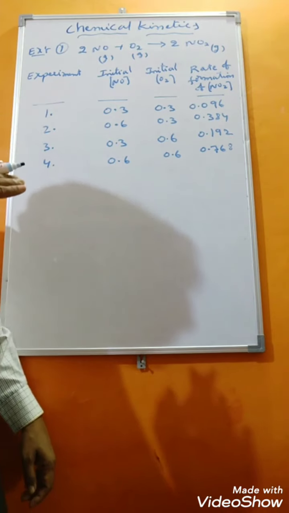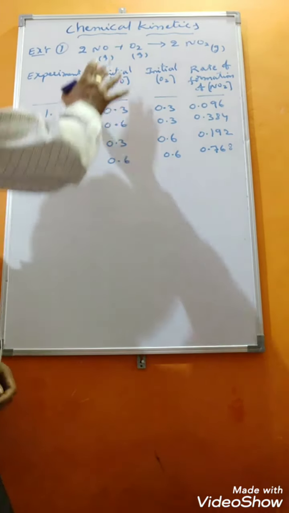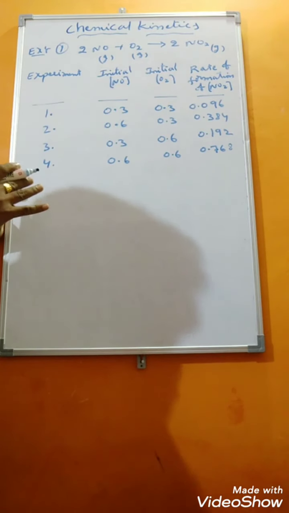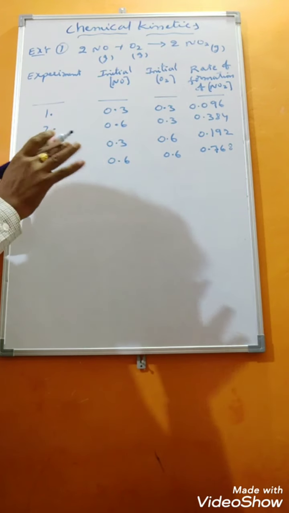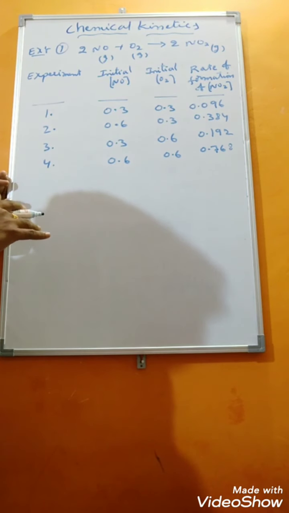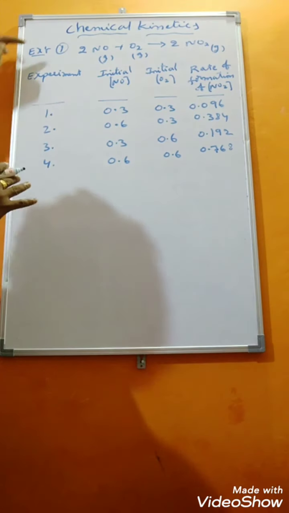Then how do we get to know the exponents, how to write the exponents? Based on the experiment only we can write the rate expression; by looking only at the balanced chemical equation we cannot write the rate expression. Then how do we write it? We will see that by taking one experiment, one example.